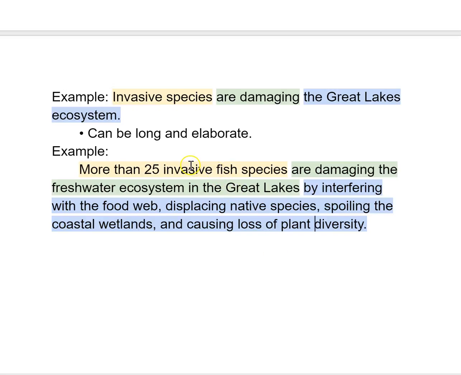It's very clear. I know what the topic is, invasive fish species. I know what I'm going to learn about those invasive fish species. I know I'm going to learn they're damaging the freshwater ecosystem in the Great Lakes. And I've gotten some information about how they are damaging the freshwater ecosystem in the Great Lakes by interfering with the food web, displacing native species, spoiling coastal wetlands, and causing loss of plant diversity. So this is an